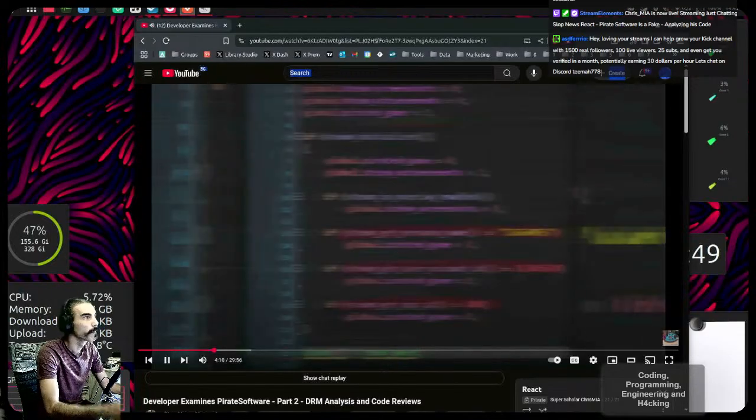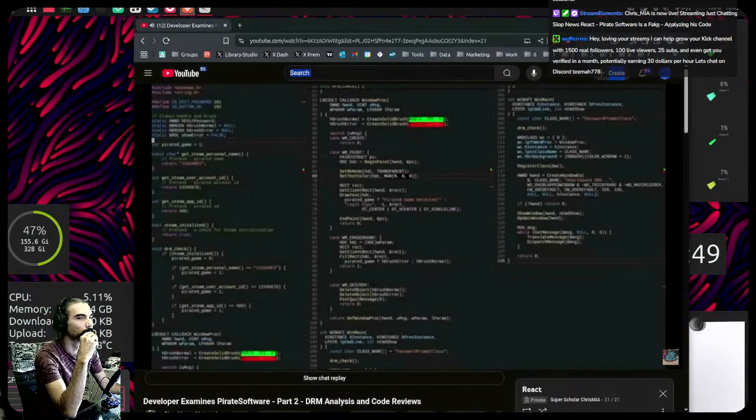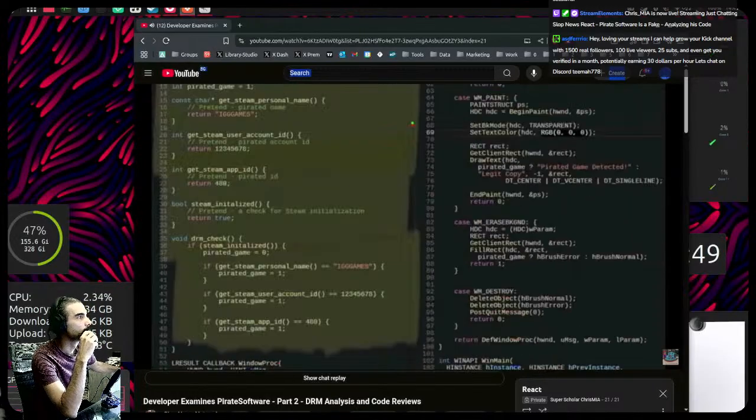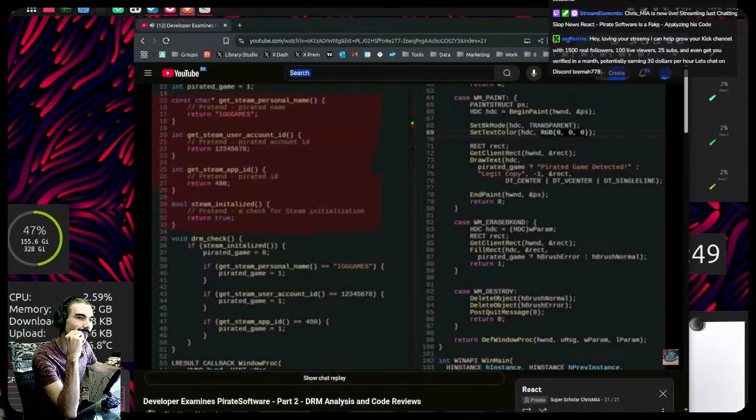To make it smoother to explain, I've copied over this snippet of code into a tiny C++ program. The DRM I have in it is in the left pane between lines 13 to 51. Now, you might notice I have a couple of functions here between lines 15 to 33. Those are just placeholders. Due to legal reasons, I'm not including the real Steam SDK or functions in my tiny program, or including it within the actual reverse engineering process.